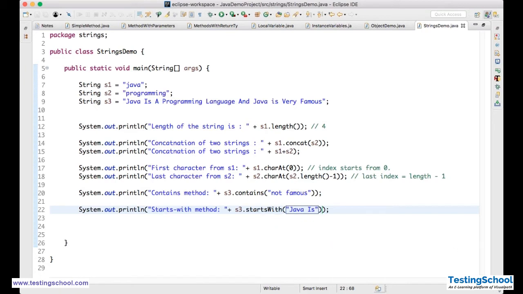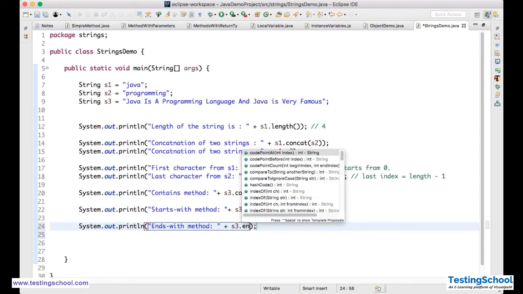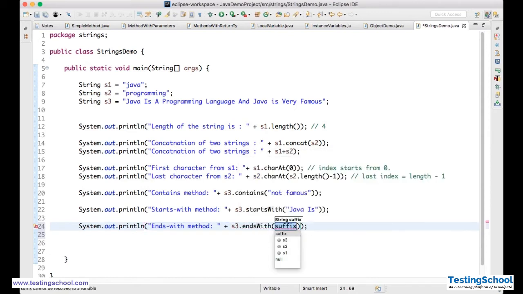And the same way, we have endsWith. Okay, we have the endsWith method. So S3 dot endsWith, same, with a suffix. It is ending with "famous", right?